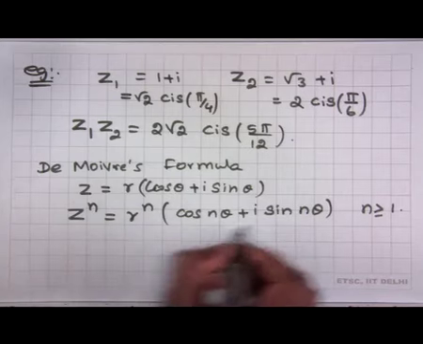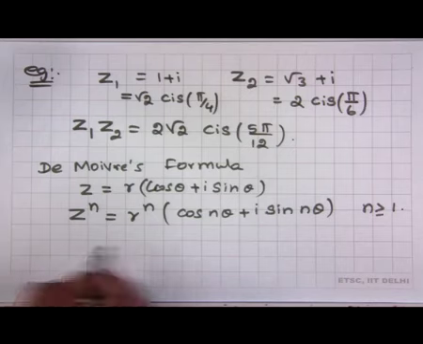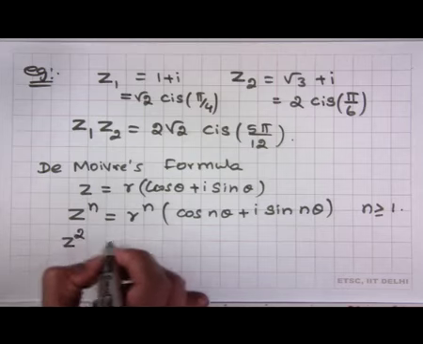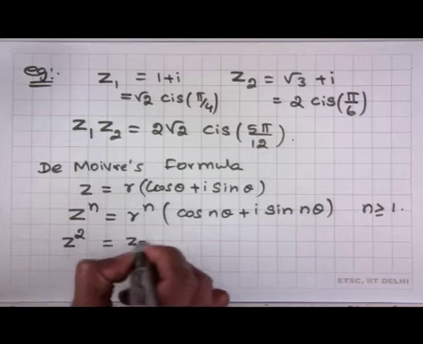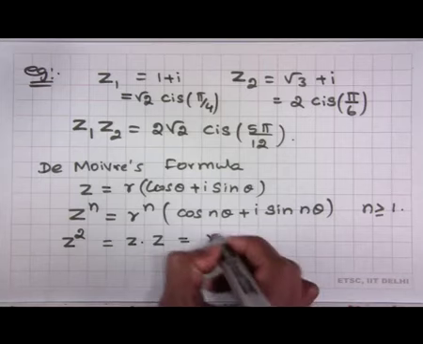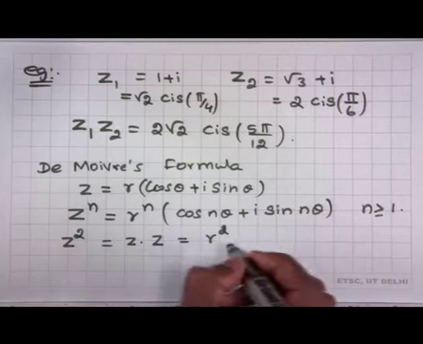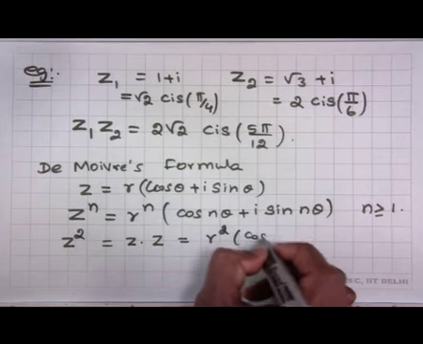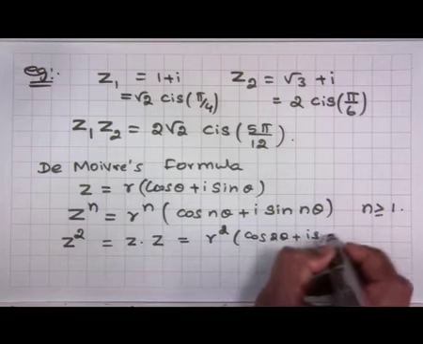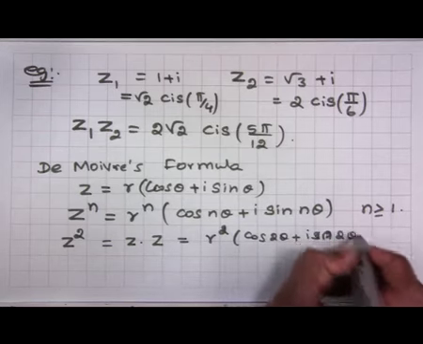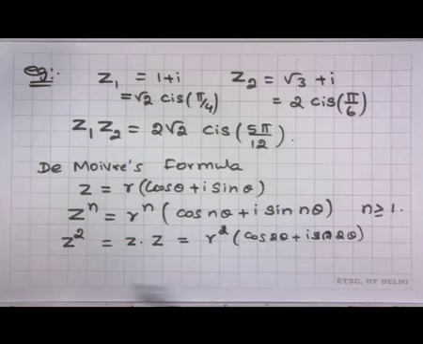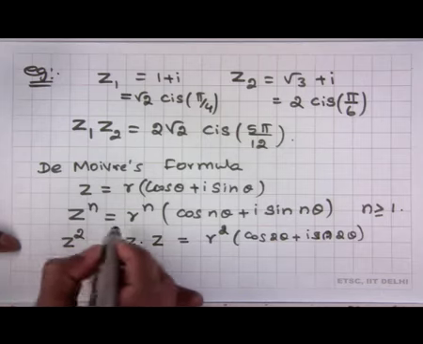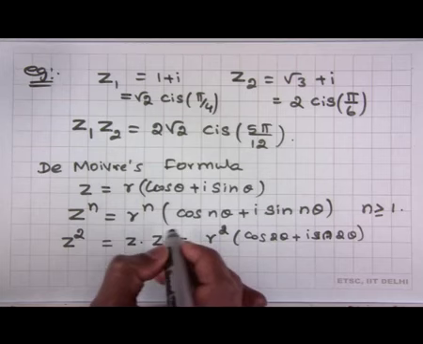The formula is very easily derived from the multiplication we observed. For example, if you take z square, which means n equal to 2, which is z into z, we scale the modulus, that is r square, and sum the arguments, which gives cos 2 theta plus i sin 2 theta. So, by induction we can verify that z power n is nothing but r power n multiplied by